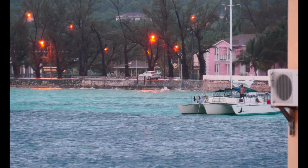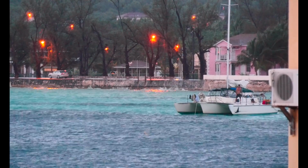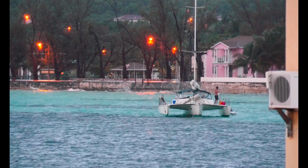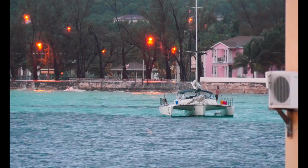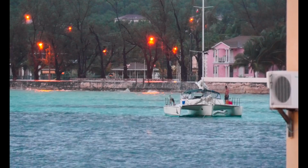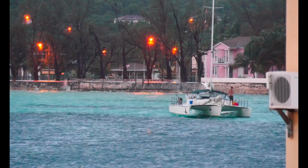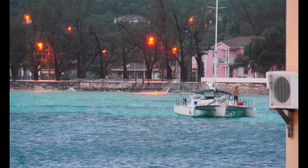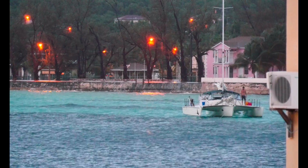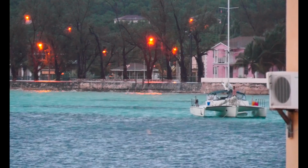I guess it's lucky the guy left the key for the engine or whatever. Oh, maybe he didn't get it going. Seems to be going back towards shore again. I don't know what to do. You start your engines and...